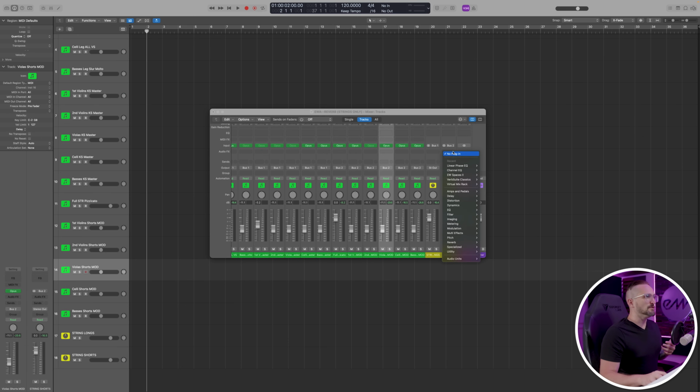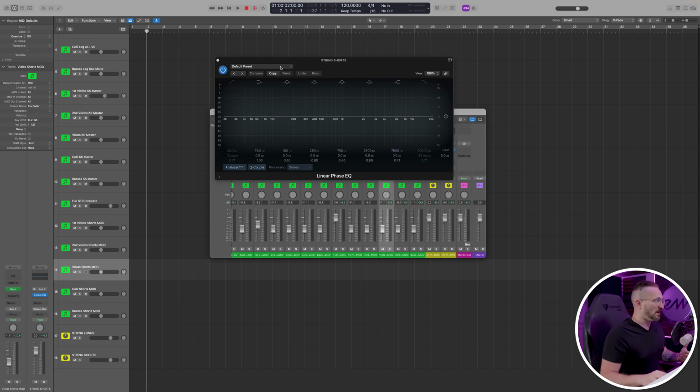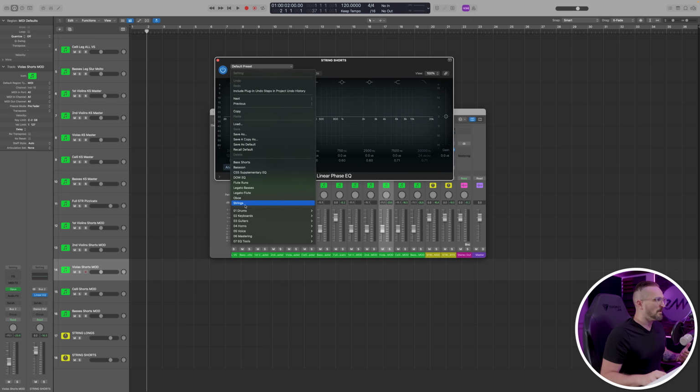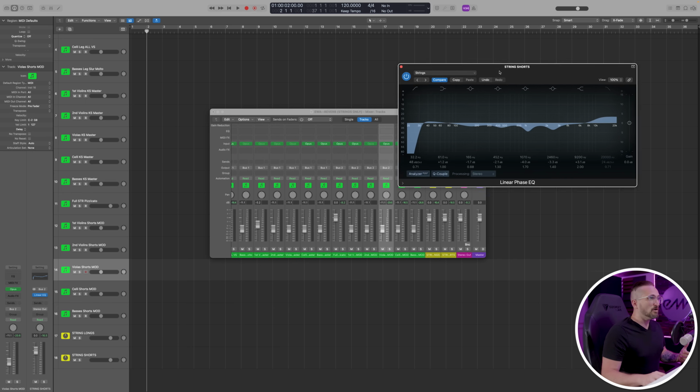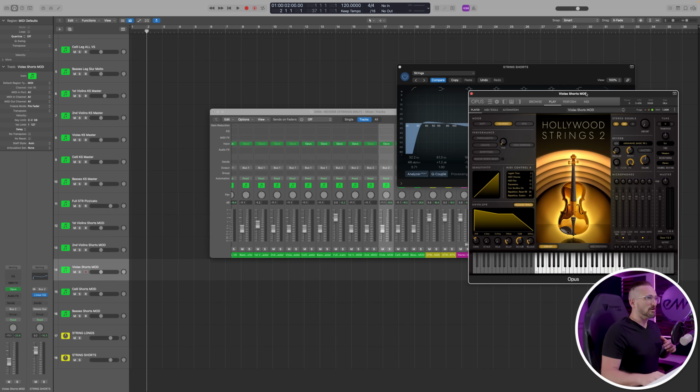Okay, so now all of the tracks in this session are being routed through 2 buses, the string longs and the string shorts. So anything that I do to the string longs bus is going to affect all of the tracks that are assigned to it. So for example, if I insert an EQ onto the string shorts bus, let's go ahead and use my strings preset. This is now going to affect all of the tracks that are assigned to it.